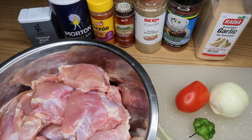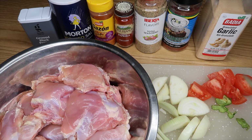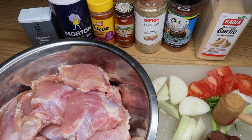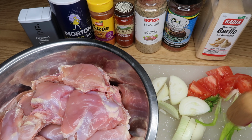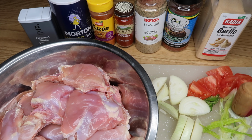Now I will cut my onion, tomato, pepper, mashed scallion, add to the chicken,